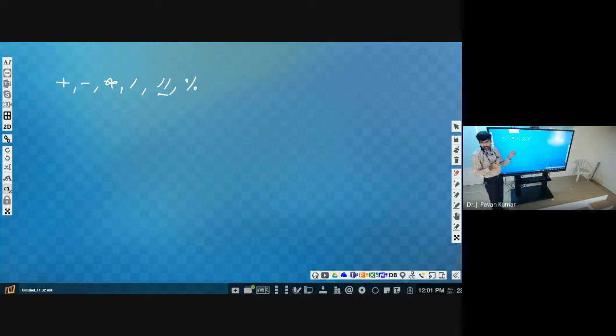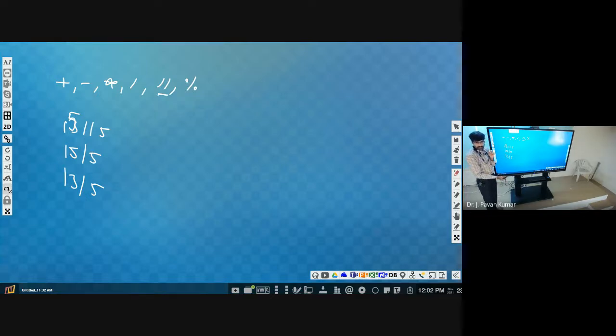Floor division. 12 floor division 5, what will be the answer? 2. 13 floor division 5, 2 only. 15 floor division 5, that is 15 by 5, 3. 13 by 5 is 2.6.